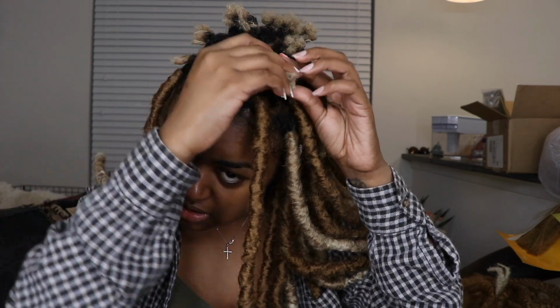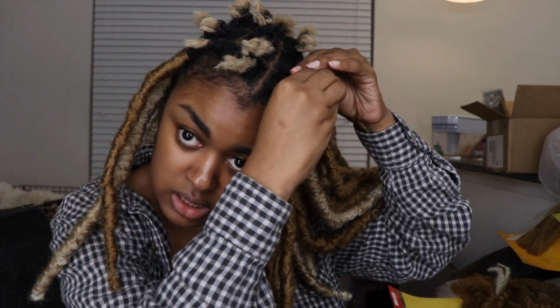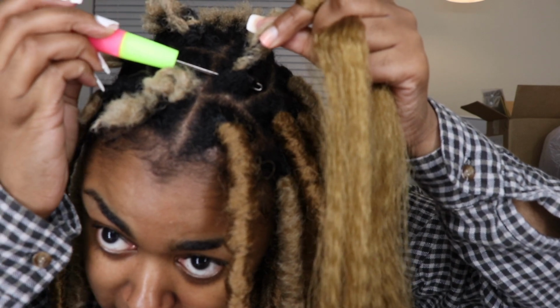Okay, so now I'm going to show you the other way I do it, which isn't braiding it through. This piece is already braided, so I'm just going to show you how I did this. This is just my hair braided up, barely braided at all, but it's enough to where it won't come loose. So I'm going to take another piece of braiding hair. I'm pulling the crochet needle through the base of the braid